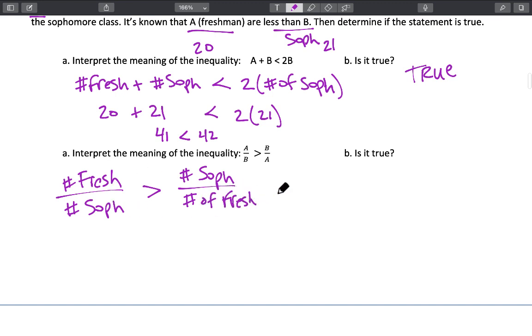Again, if we were going to use the same numbers that we came up with at the top, what you would have is 20 over 21 has to be greater than 21 over 20. Now, another way to think about this is that this first fraction is a smaller number divided by a larger number. So this number here is actually going to be less than 1. Whereas the second number, 21 over 20, is going to be greater than 1. So your statement is a number less than 1 is greater than a number greater than 1. Well, that is a